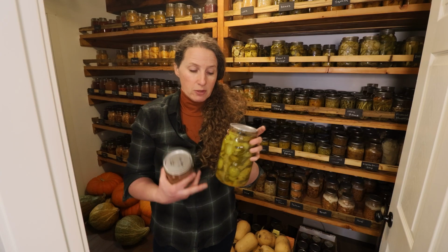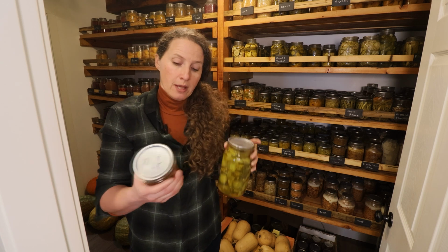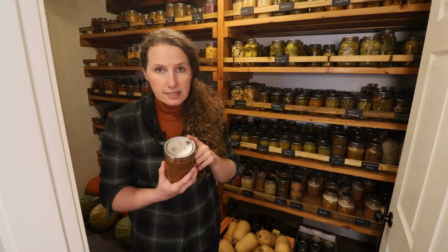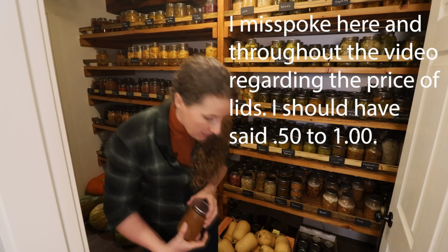Canning jars have gone up. They've almost doubled since 2020. So they can be fairly expensive. For a dozen quart jars, it can be between $20 and $25, whereas pint jars are usually around $15. Lids can range anywhere between $1 and $1.50 each. And then rings,